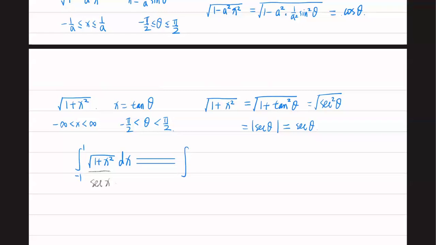secant theta. Okay, Sakina, what's dx? x is tangent theta. How do you find the dx? Okay, d tangent. Step by step, this will be secant theta d tangent theta. So this is